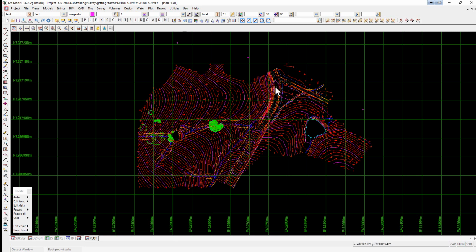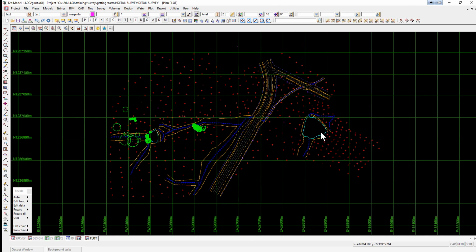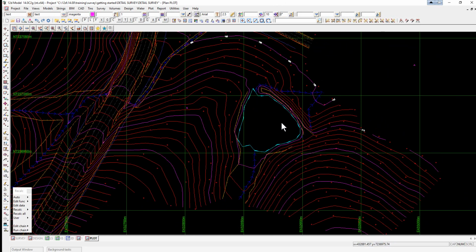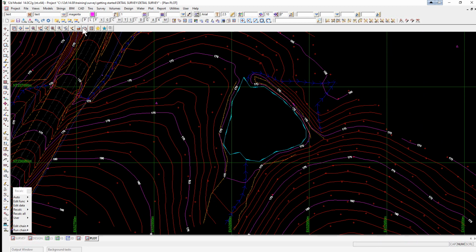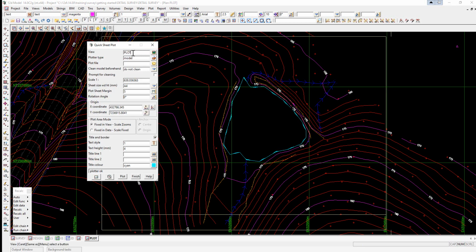Okay, so let's do some examples of some plots. The first one we're going to do is a quick sheet plot. So what we're going to do first off is zoom into the eastern pond here. We then use the printer icon and select quick sheet plot. The view we're going to be plotting out will be the plot view, and we're just going to send it to a model initially, and we'll give the model a name,